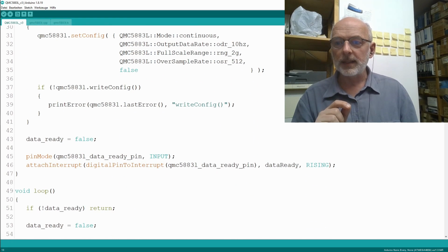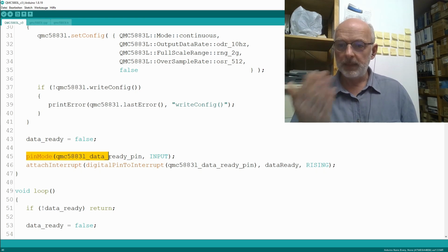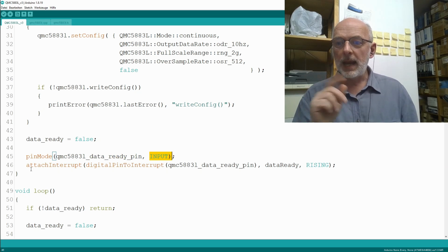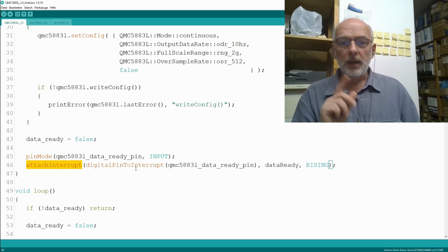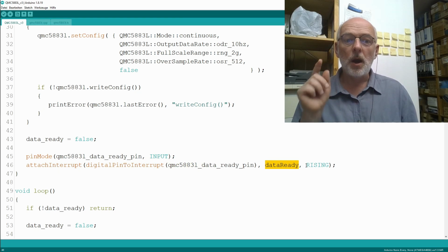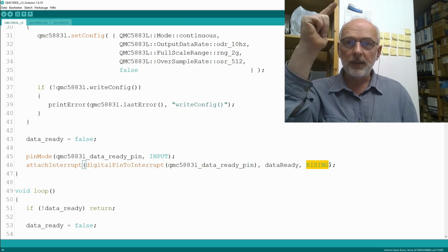Within the setup, I initialize data ready to false. Then I set my data ready pin as an input here. And then I attach an interrupt routine to it, specifically to the QMC data ready pin, the function ready, only for the rising edge of